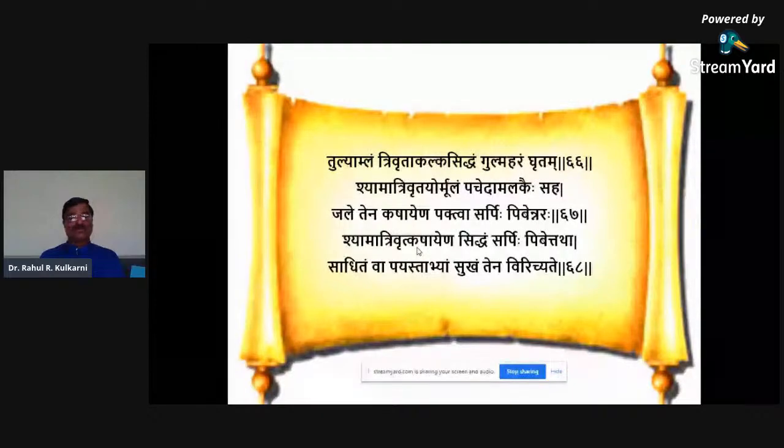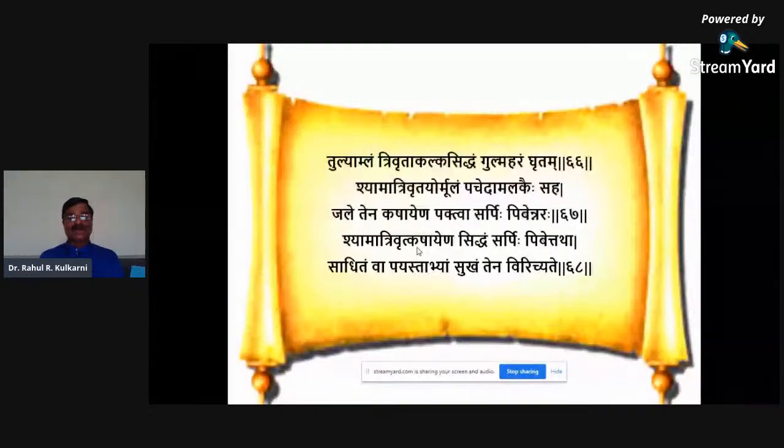Shyama trivrutyormulam pachet amlakai saha: the churna of shyama and trivrut, along with amalaki swarasa, is subjected to pachana. Jale tena kashayena paktva sarpim pibet. With all these kashayas, if ghruta siddhi is done, it is administered. श्यामा त्रिवृत कषायेन सिद्धम सर्पिम पिबेत